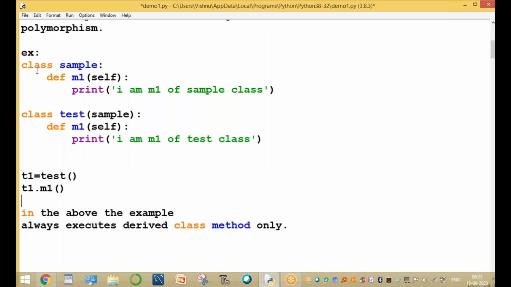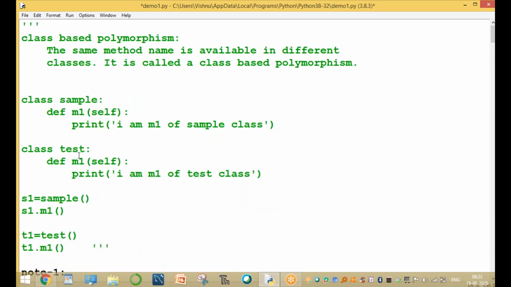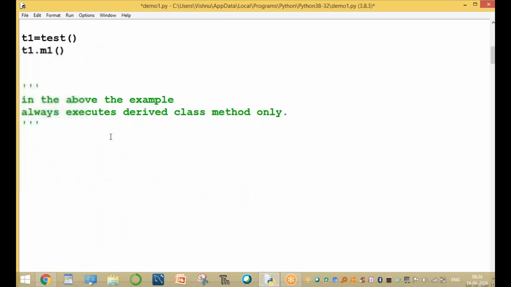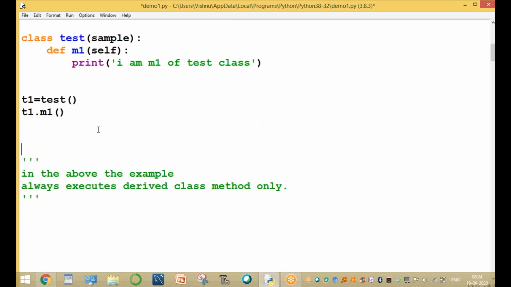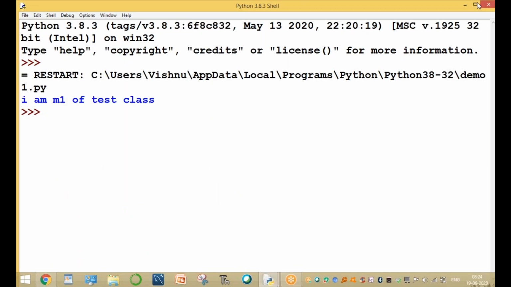Clear? Now, sir, for example, run the program. In this program it always executes only the derived class method.